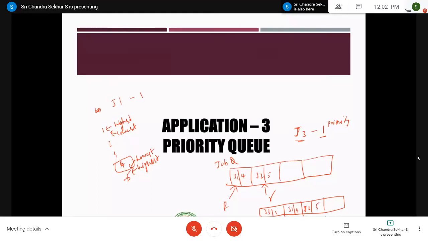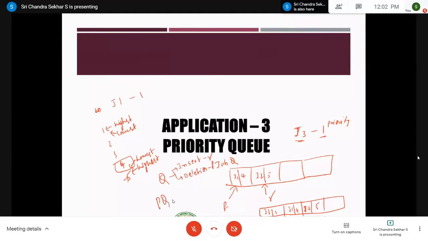But if you want to delete, you are deleting from the front part only. But while inserting, you are not inserting at the rear. This is the important difference between a priority queue and a queue. In queues, insertions are always done at the rear end and deletions are always done at the front end.